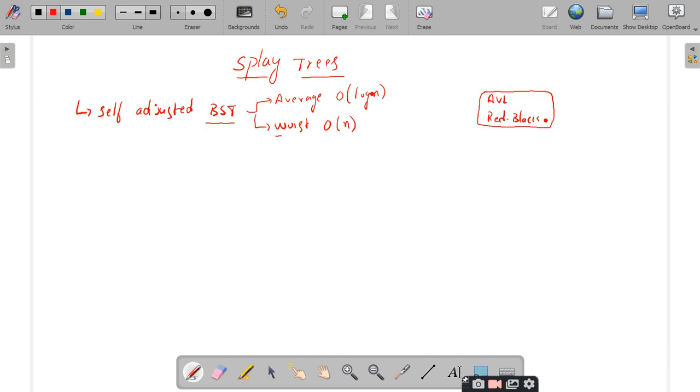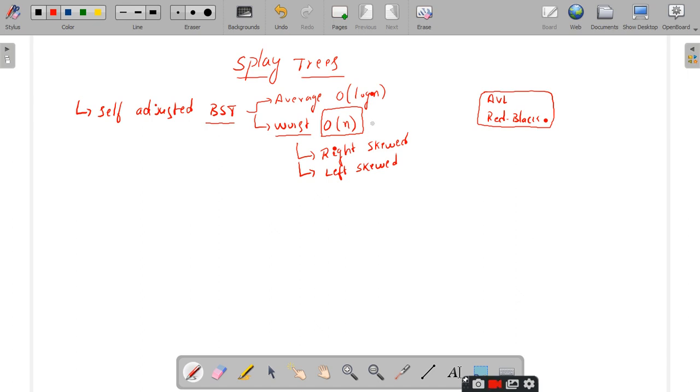Where will we come across this worst case time complexity in BSTs? Whenever the elements are arranged in ascending order or descending order, right? So, when we have skewed binary trees, whether right skewed or left skewed, the binary search tree is constructed in only one direction. In such a case, we call it the worst case. Why? Because any operation that we perform on this right skewed or left skewed binary tree will end up with a time complexity of big O of n.